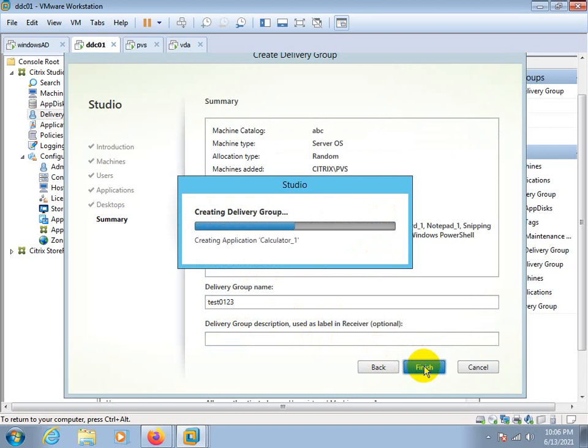And using a single machine catalog in which we had 3 machines, we have created 2 delivery groups. In one, a single server, and in another delivery group we have 2 servers. Okay, so it's creating the delivery group.